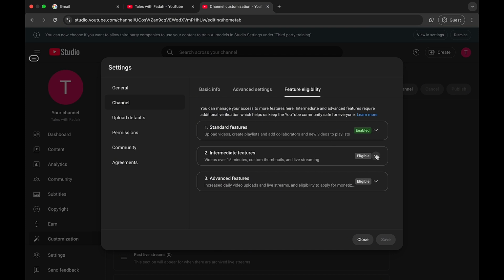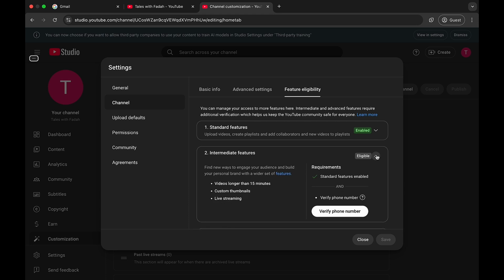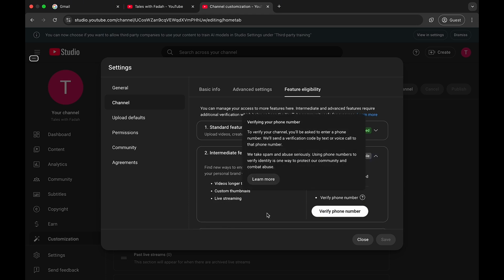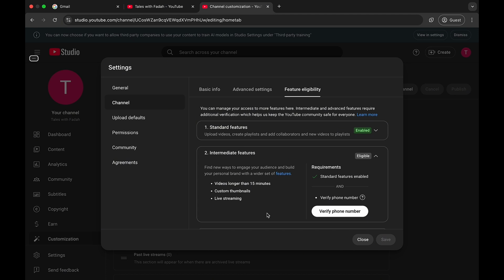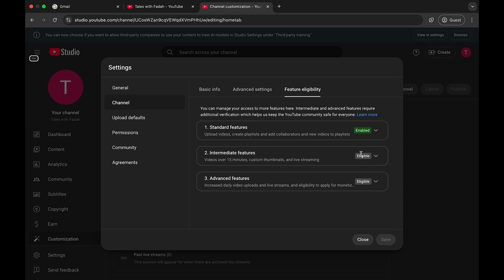So we have intermediate features. These intermediate features require you to verify your phone number. You understand? So here you're going to verify your phone number. Once you click on verify phone number, you're going to put your phone number and verify. So it's going to turn green also. Now the third authentication is to either